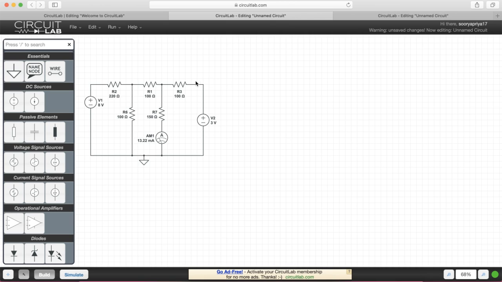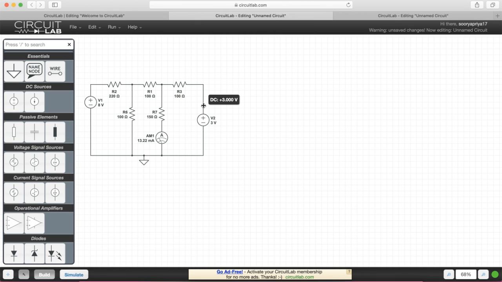Now let us remove one source at a time, and we are going to measure the current flowing through this ammeter. Then at the end we are going to add up both the currents which we had found independently using one battery source alone. Then the end result, the added up value, will be almost equal to this current which is originally measured in the circuit as and when both the batteries are present.